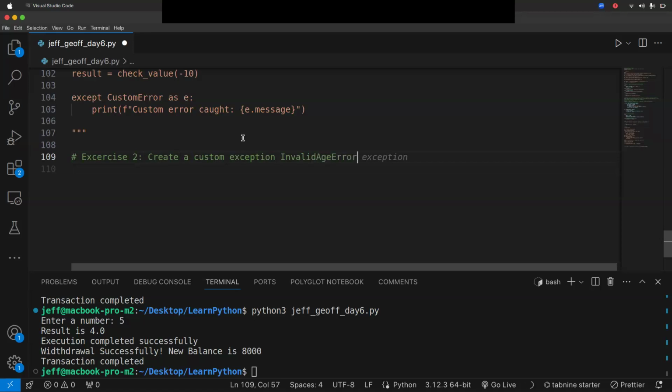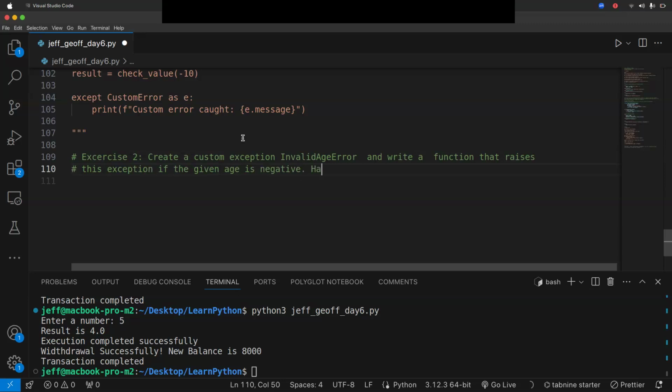Create a custom exception, invalid age error, and write a function that raises this exception if the given age is negative.